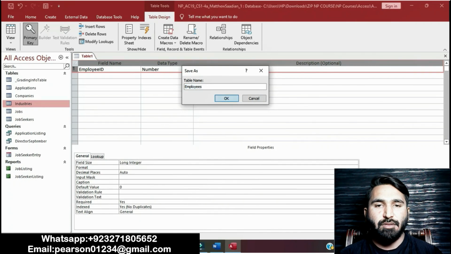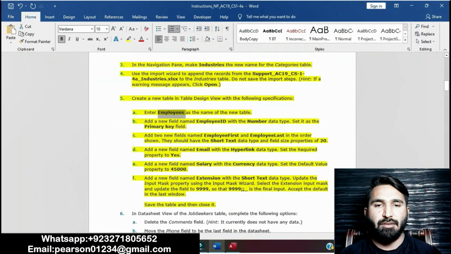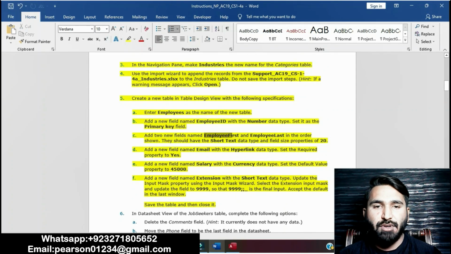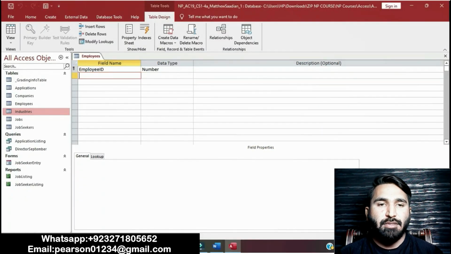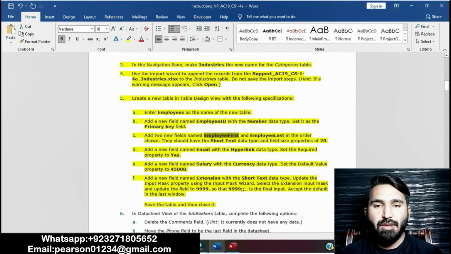Add a new field. Point C is add 2 new fields named Laplace first and Laplace last, in the order shown.